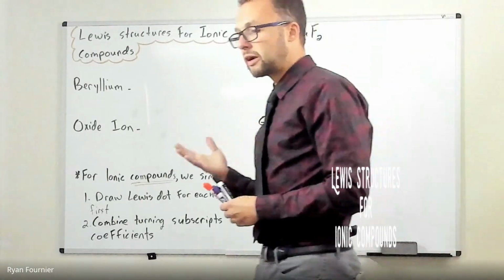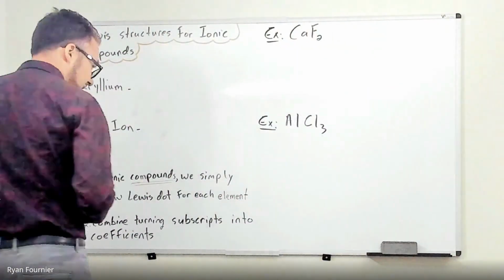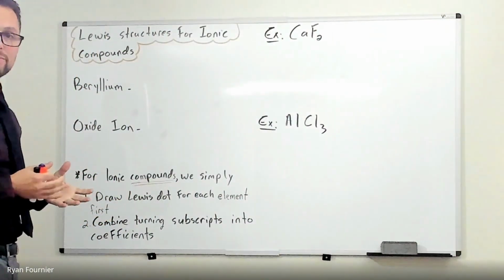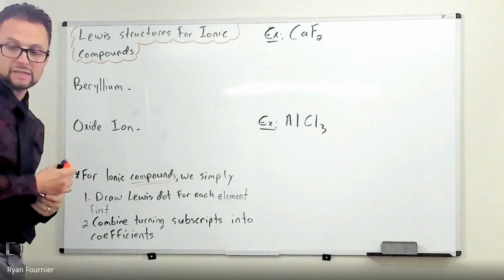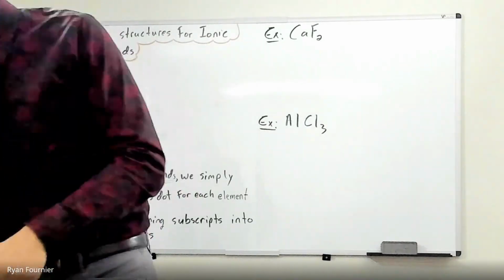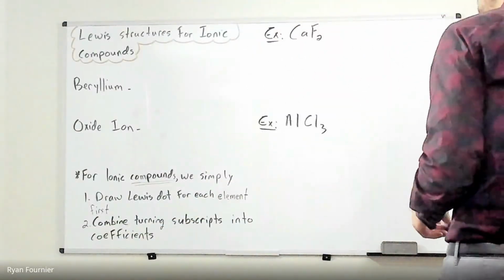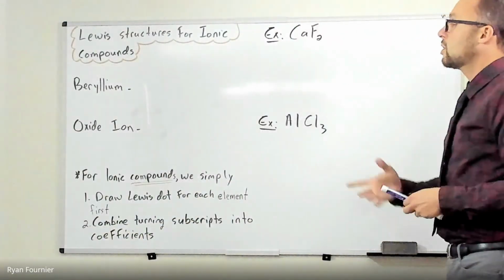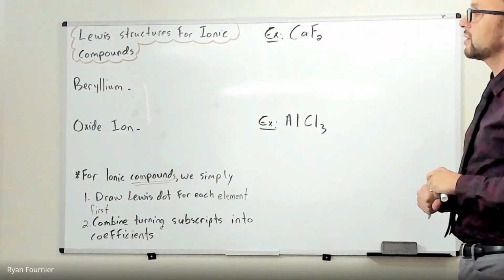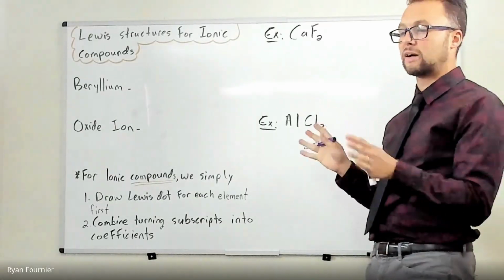So it all starts with the Lewis dot diagram. I mean, that becomes the backbone of how we're going to build these. And it's going to be the same thing with the covalent compounds too, except those are a bit of a nightmare. So if we look at these two here, let's say I just want us to draw the Lewis dot diagram